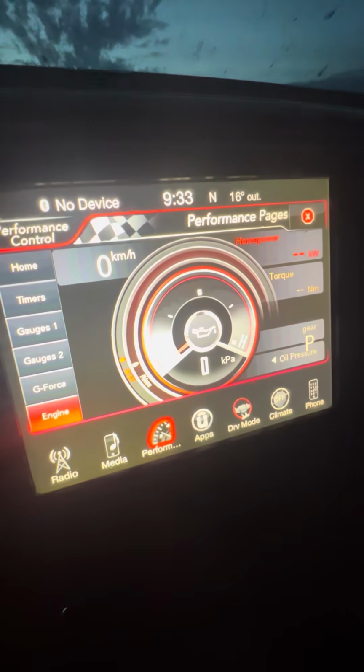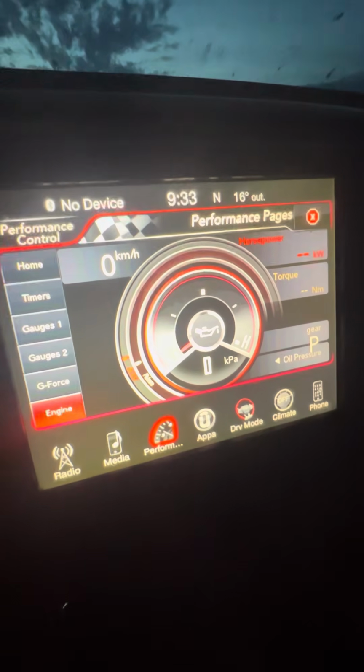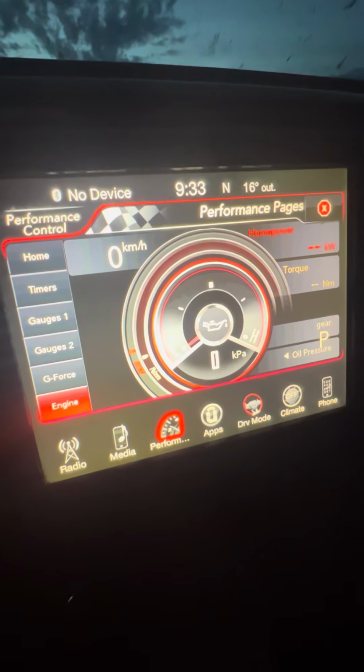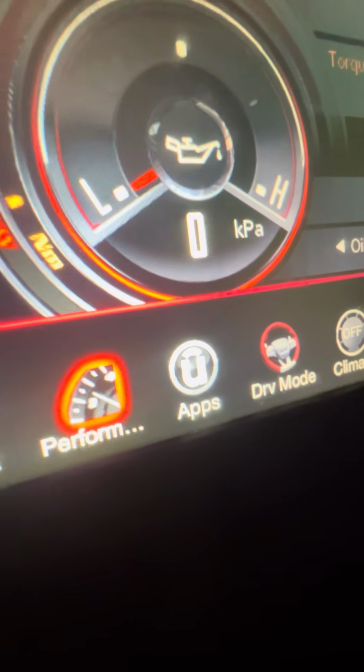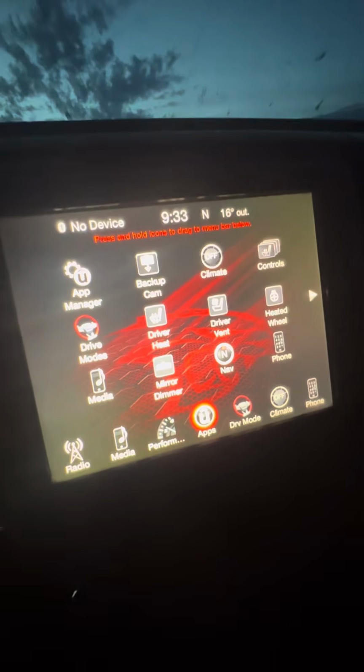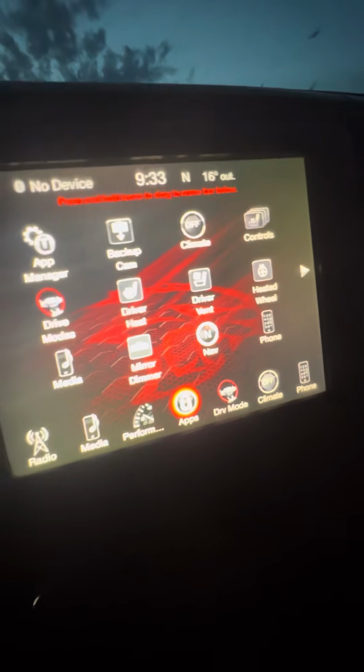I don't know if it'll work on an American truck that actually has Uconnect services or not, but this radio apps present gives you that, which typically is not on a Canadian truck. There are ways to go into it anyway. I believe it's just your settings or something to get into this menu, but anyway,